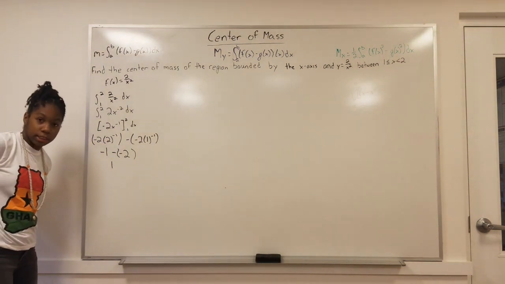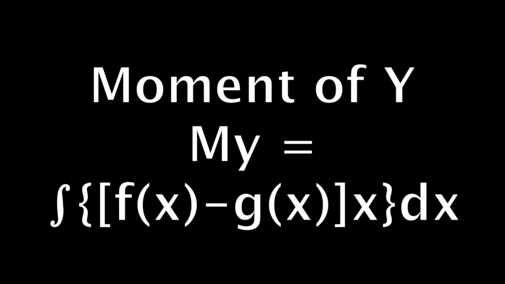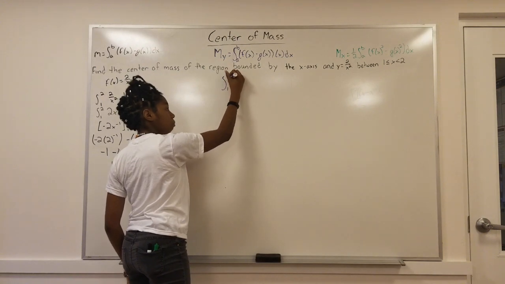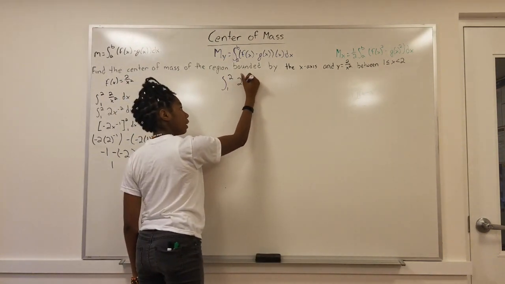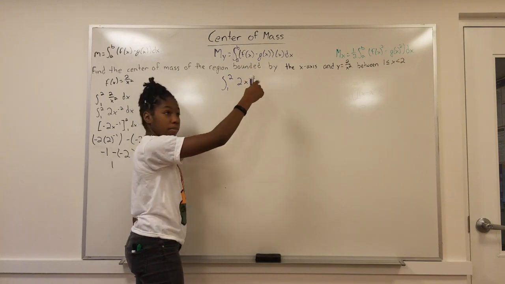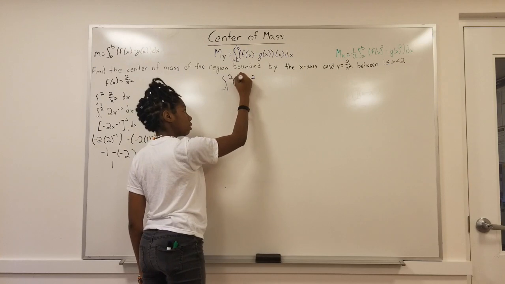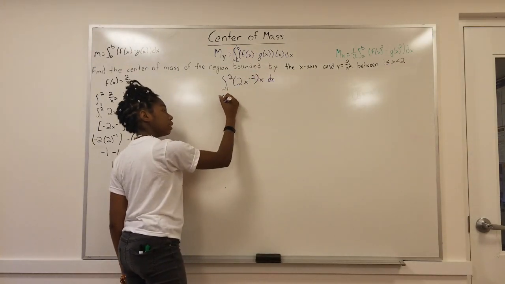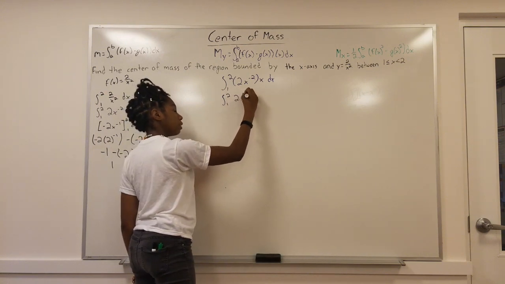Next step is to find m of y, the moment of y, which is the integral from 1 to 2 of f of x, which is 2x to the negative 2, minus g of x, which is 0 in this case, multiplied by x. So all of this multiplied by x dx. Then you get the integral from 1 to 2 of 2x to the negative 1